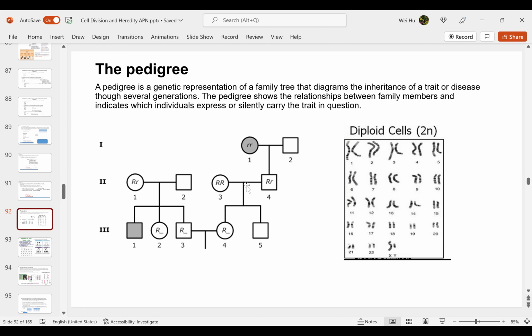Okay, so in general, the circle represents female and the square represents male. The solid one symbolizes diseased or symptomatic. The empty one means no disease, no symptoms. Okay, so now